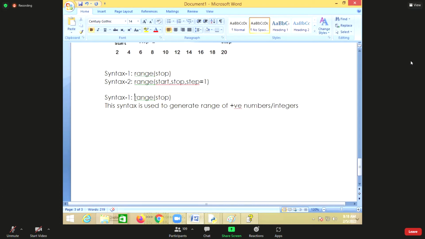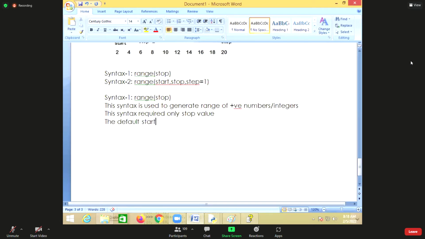But in this syntax, you are giving only which value? Stop value. The syntax requires only which value? Stop value. So the default start value, because you have not given a start value.